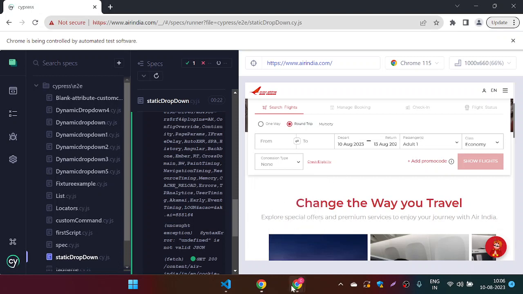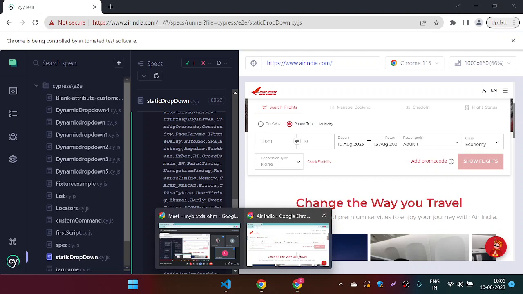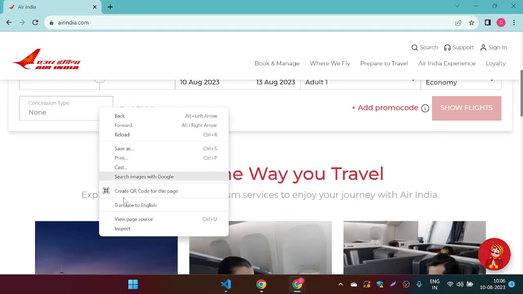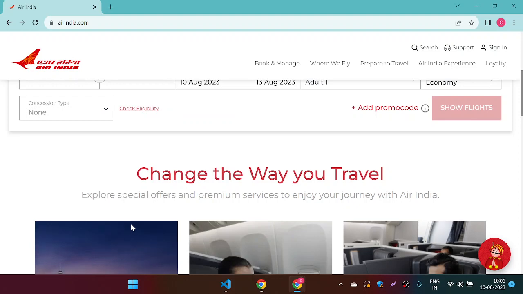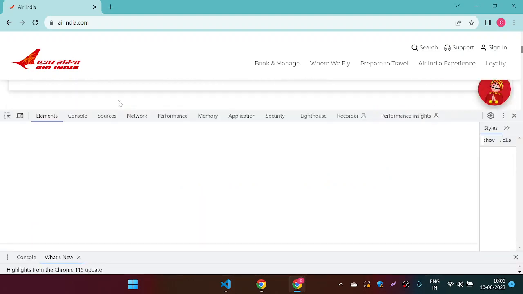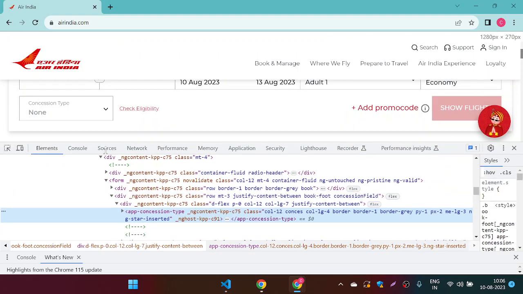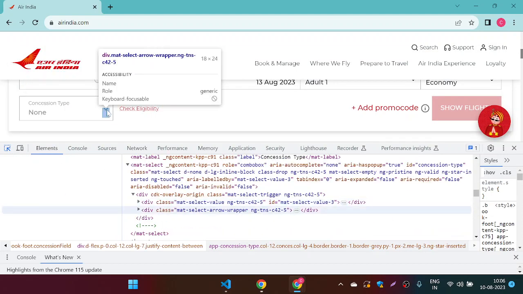Okay, so I'll just open in another browser here. Now I want to click this one. Okay, so right click here, go to inspect, and find out the locator for this static dropdown. Okay, so click this arrow. Now go to this. Yeah, you can see